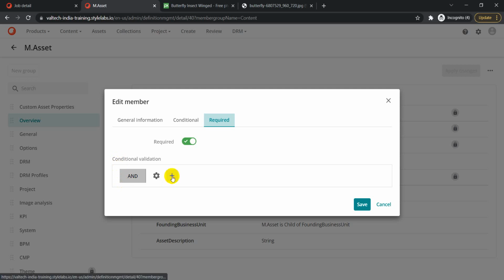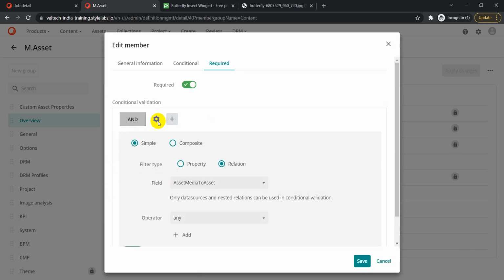So what conditional validation we have to set, let's just add a filter here. So just click on plus button from here, and then we have simple composite. Let's just go with the simple one. Then what type of field are you talking about, like we are talking about the property or a relation, right?